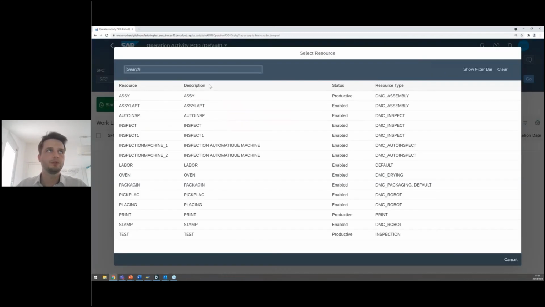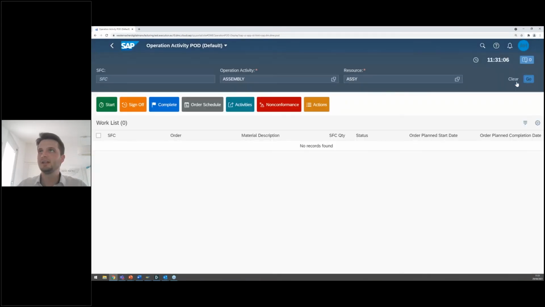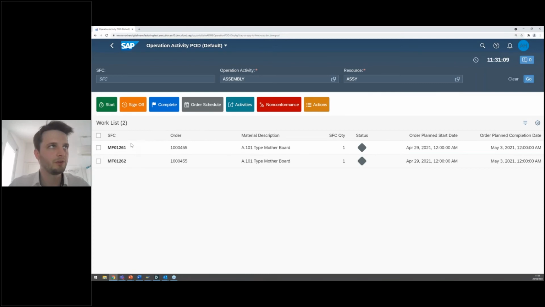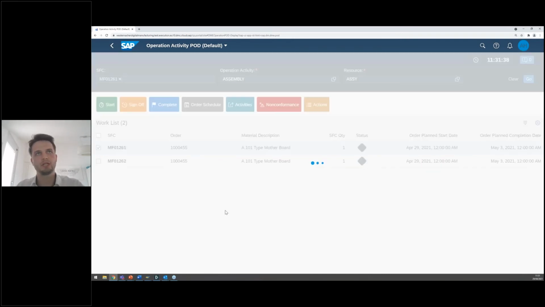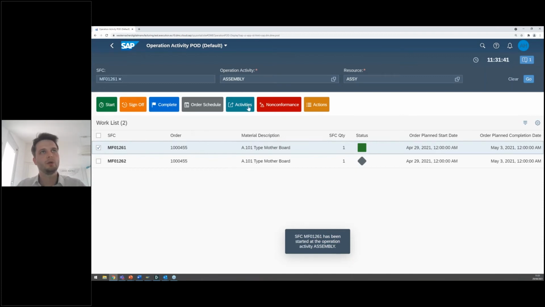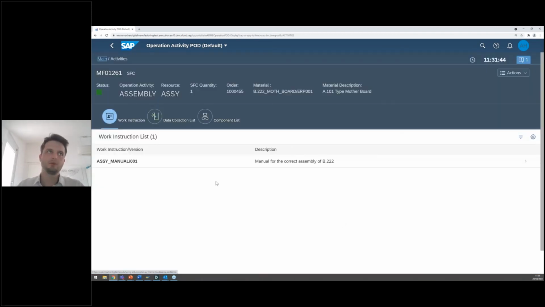activity is performed. So this we have called ASI, and here we are able to see the materials that are going to be created, which have the distinct identifier of SFCs or shop floor control numbers for the respective order of 455. So for the sake of this demonstration, I will only perform the assembly for one material. So we'll start the process at the operation assembly, and when we go to activities, we can see first